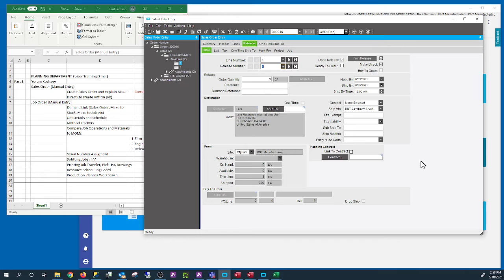Miscellaneous charges are not at the release level. They're actually at the line level. So you have a choice, either line level or header level. You can say per order you can have a miscellaneous charge, or at line level, but not at the release level. So what you're saying is they will expedite 10,